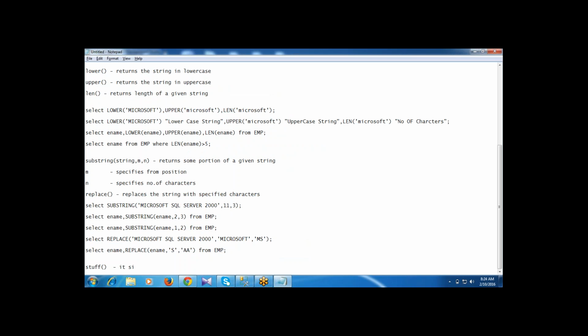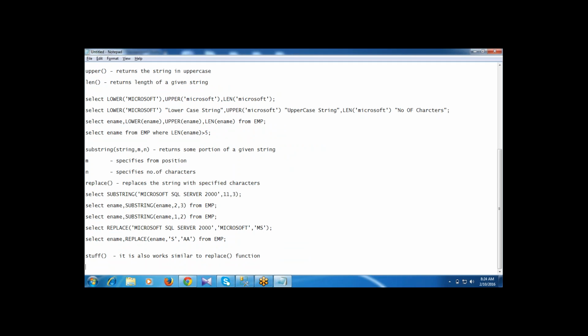It also works similar to the replace function. It is also similar to the replace function.